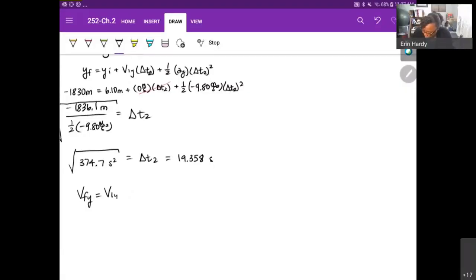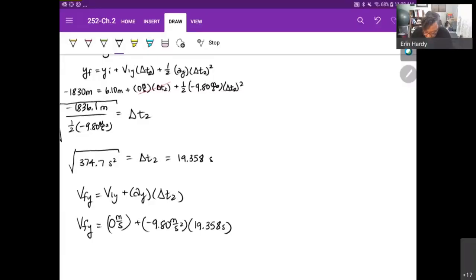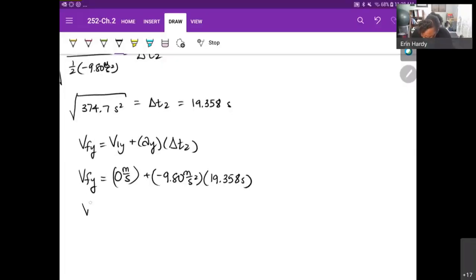VFY is V initial Y plus AY delta T2. VFY is what we're trying to solve for. The initial Y using this method from the highest point down to the bottom of the canyon, that's going to be 0 meters per second plus negative 9.80 meters per second squared times our delta T that we just calculated. So times negative 9.8, we end up with VFY of negative 189.7